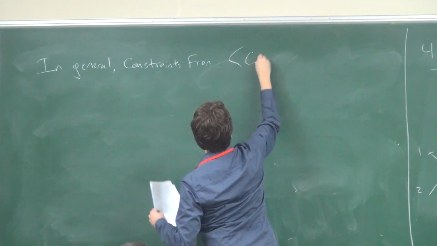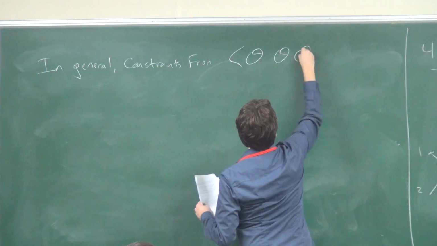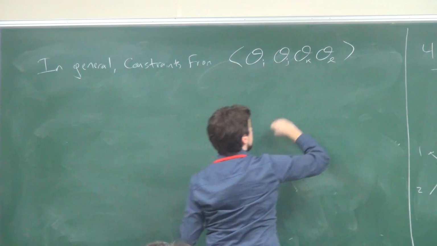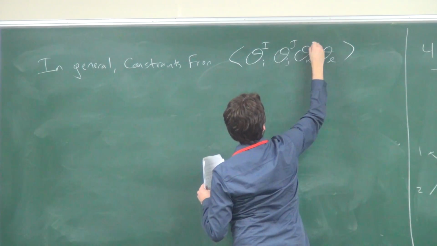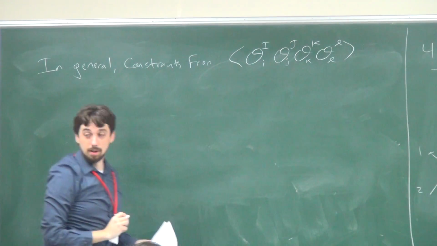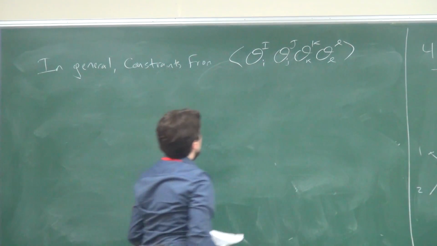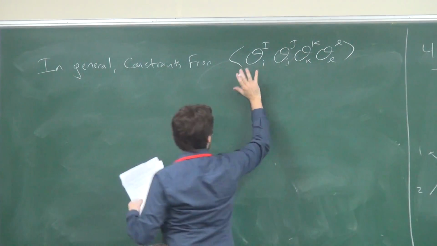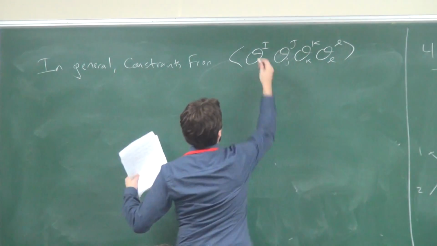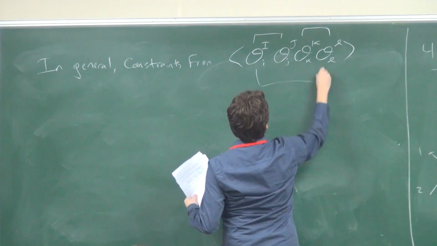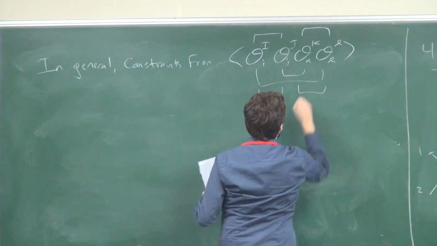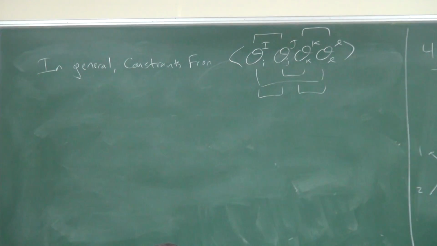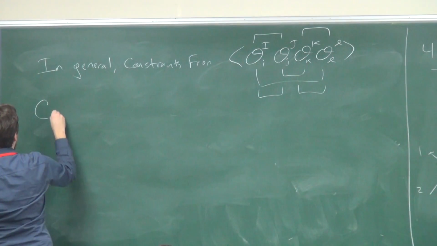Say 4-point functions of O, where all of these O's might be different operators, all of these O's might carry different Lorentz quantum numbers, etc. And the full set of bootstrap constraints comes from requiring crossing symmetry, or equivalently the fact that all these OPEs are equal to each other for every 4-point function. Now, the idea behind the conformal bootstrap